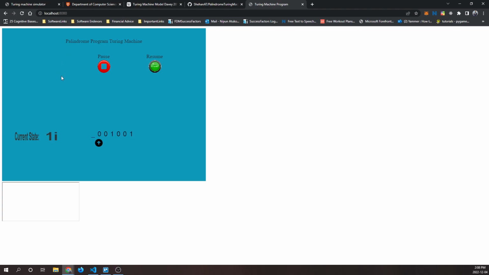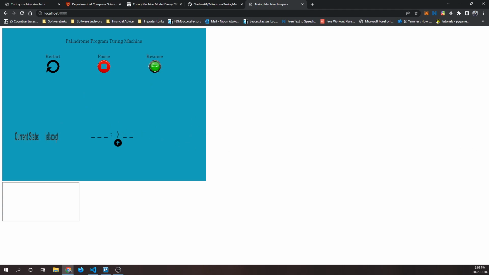So let me run this again. Here's the strip of values. The Turing machine goes from one value to the other, looking to see if the current input is a palindrome. So in this case, it is. I've made it so that this is hard-coded. It cannot be modified, but in future versions, I may include a version that can be dynamically inputted for the state of the tape. Right now, I'm going to cover how to build this program using Pixi.js, JavaScript, HTML,